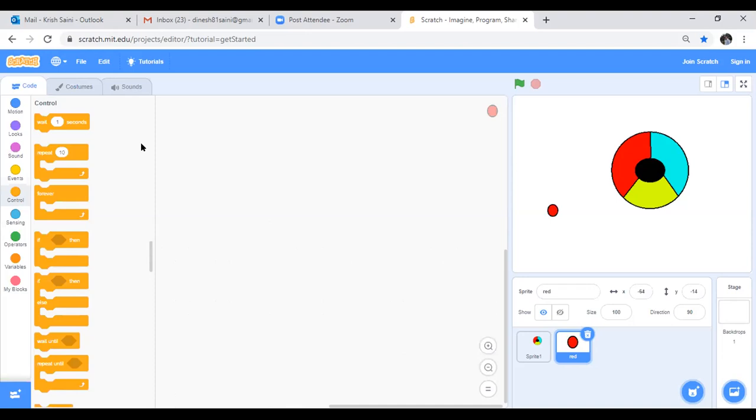A smaller circle is fine. It has to be small, because we are trying to catch dots. Smaller than this is fine. Yeah, this is good. Should I set the size as 60? We will check the size later. First, let's code for it, okay?